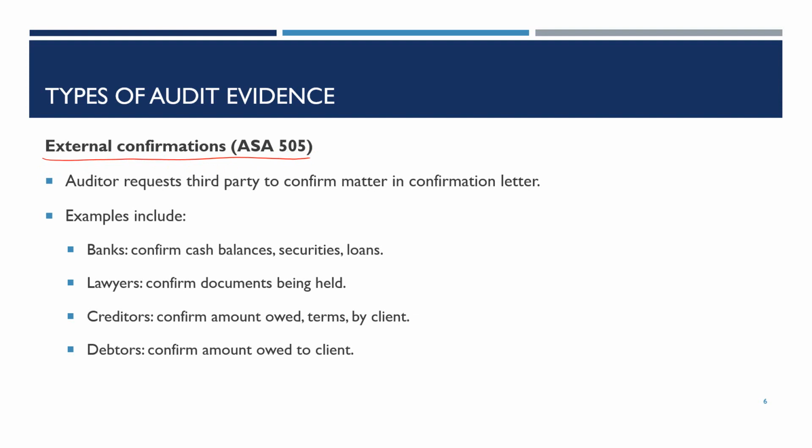External confirmation is a letter sent directly by an auditor to a third party who is asked to respond to the auditor on the matter included in the letter. External confirmation can be sent to the client's bank, lawyers, lenders, debtors, and even to the third parties holding the client's inventory. A bank confirmation letter is a request for information about the amounts of cash held in the bank or in overdraft,